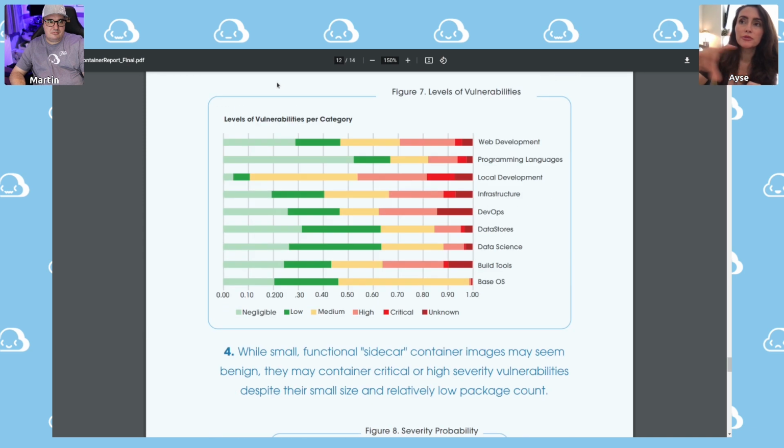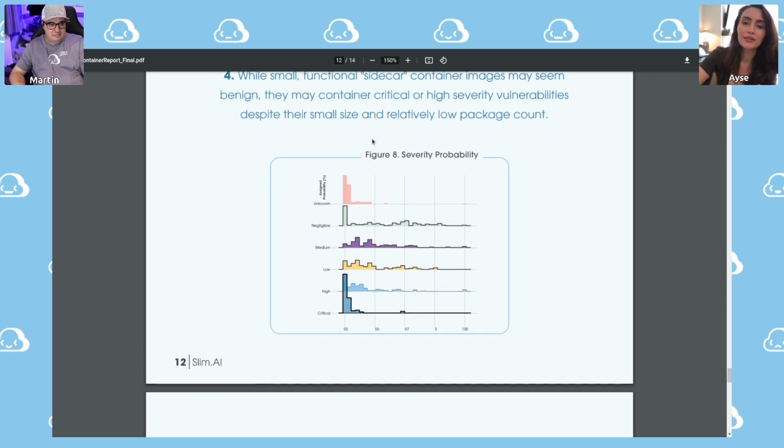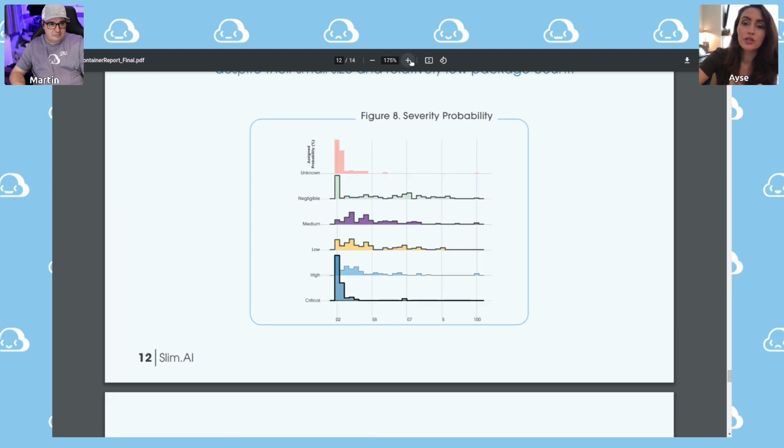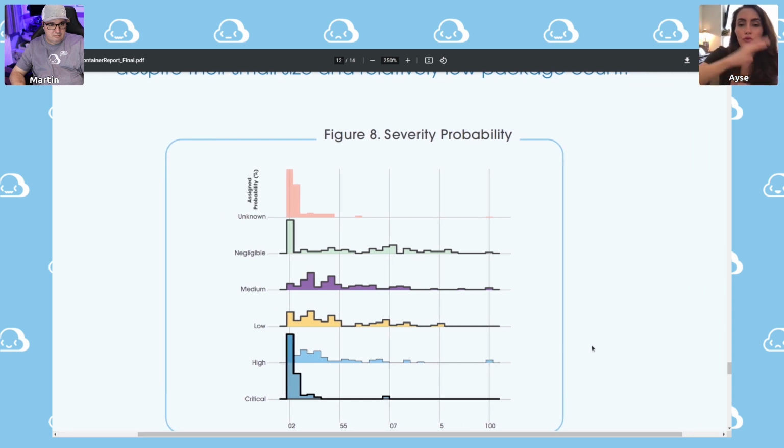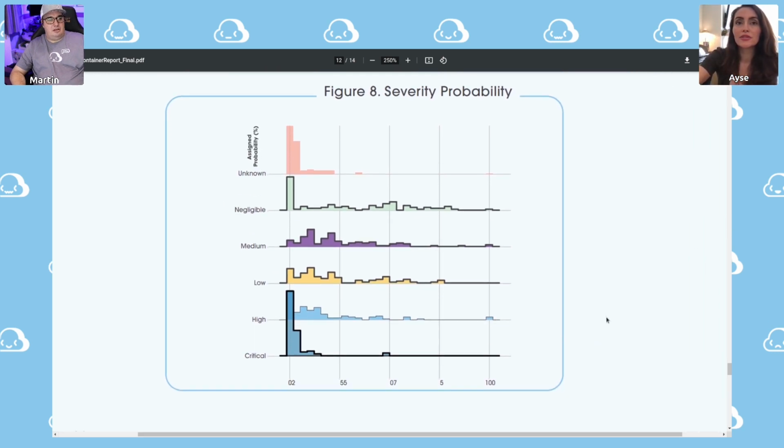And there is a probability distribution function. Maybe go down a little bit to first see that, because the one above is looking into the per category distribution. But this is a general view of the distribution of the severity of these vulnerabilities across the board. I'll give a second there for the audience to take a look at that.